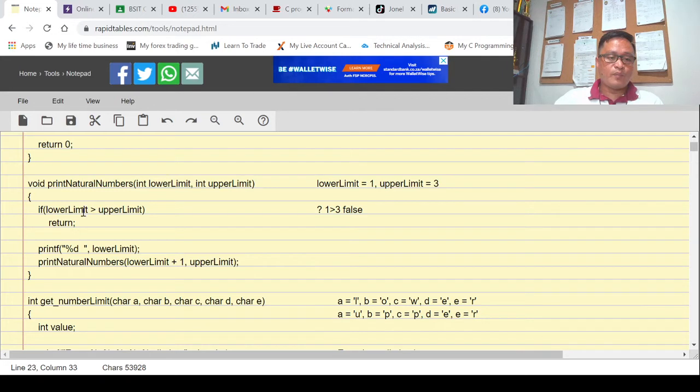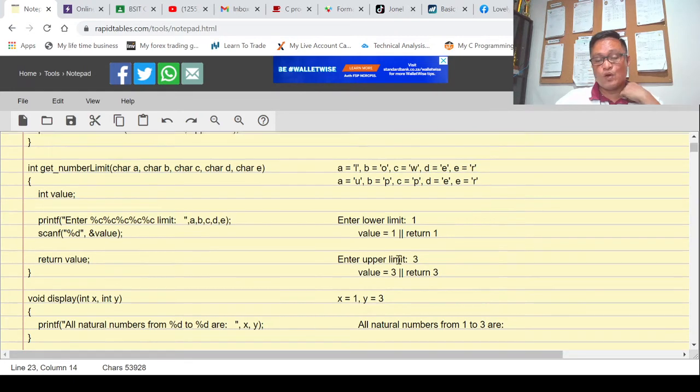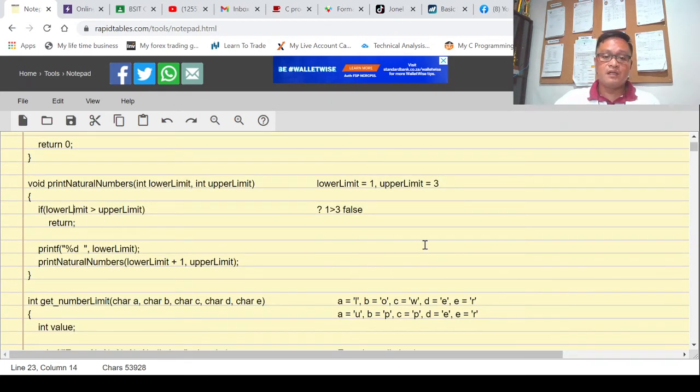It is going to happen if our lower limit is greater than the upper limit. In this particular example, our lower limit is 1 and our upper limit is 3, meaning the condition is false. Since the condition is false, do not perform this one, do not exit, proceed to the next line. Now the next line says print